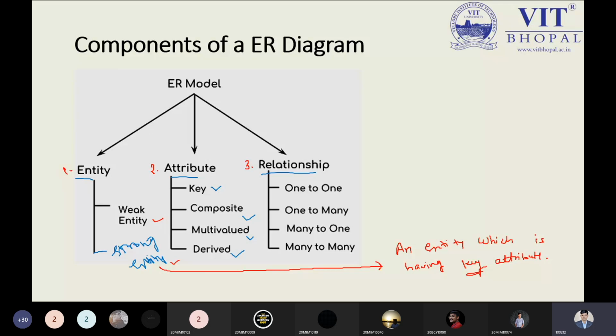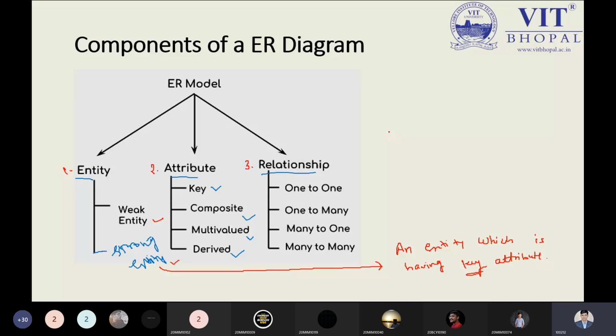After this point, we were talking about the second component, the attribute. We have the key attributes, which means an attribute represented by the key. A composite attribute is represented by multiple values, so we can expand such an attribute into other attributes. That is an important point. We will see it step by step with examples, don't worry. A multi-valued attribute means an attribute which has multiple values. That is the point you are required to keep in mind.